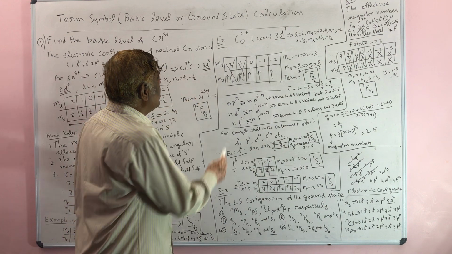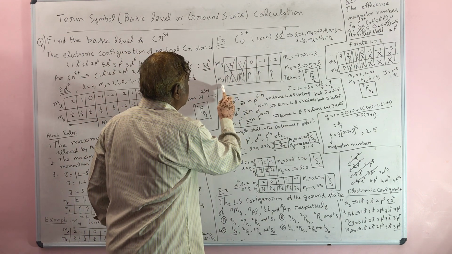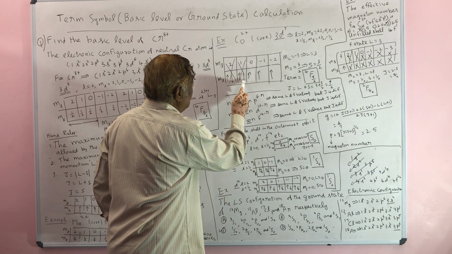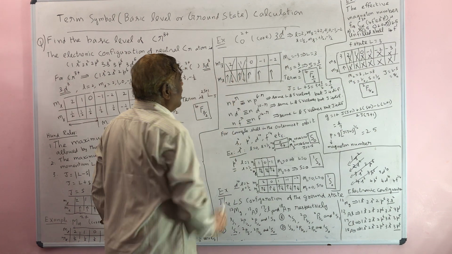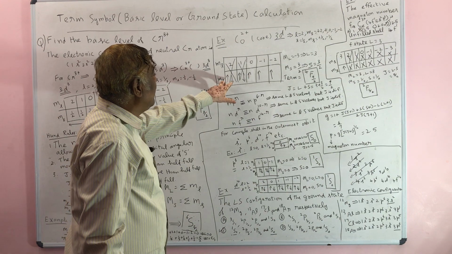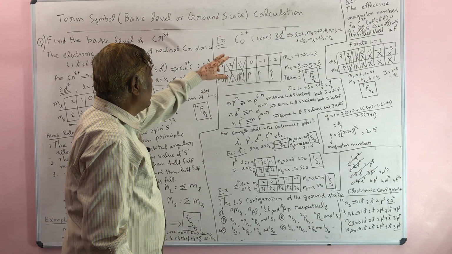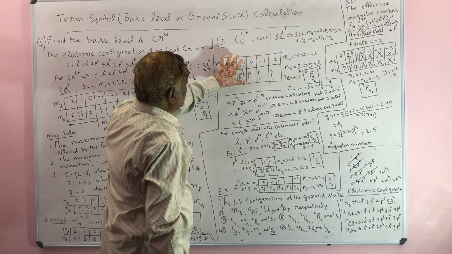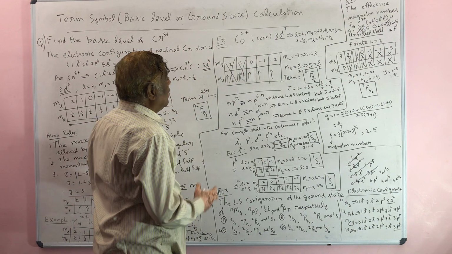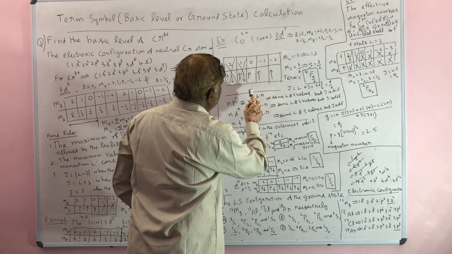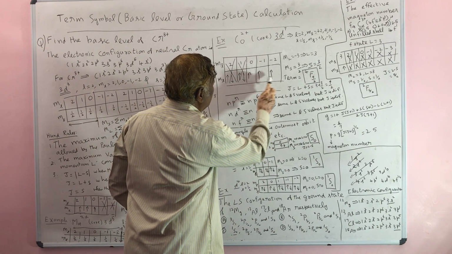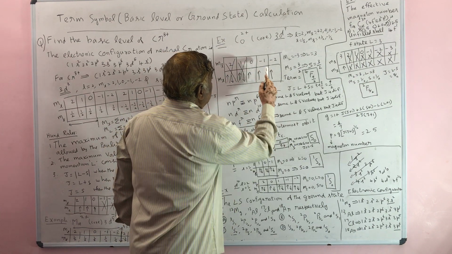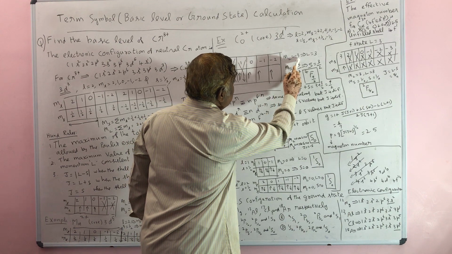Now here, once you evaluate the summation of MS, this is plus half minus half, 0, plus half minus half, 0. So this gets cancelled. So the paired state can be removed from the calculation. So just put a cross mark; you need not worry about this part of the calculation. You take these 3, up, up, up. So MS value is equal to 3 by 2. Here, once you add, this will be 0, minus 1, minus 2, which is minus 3.